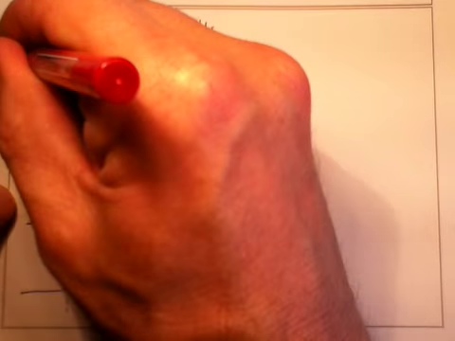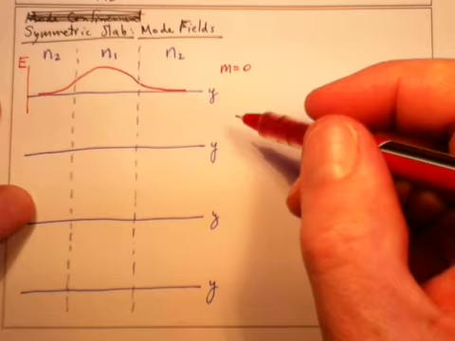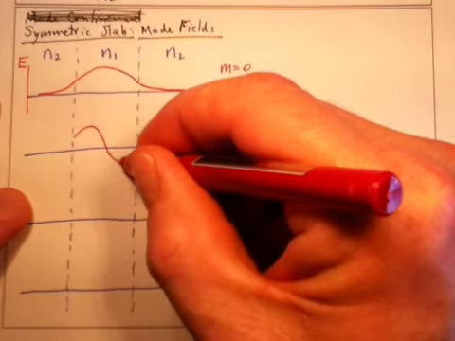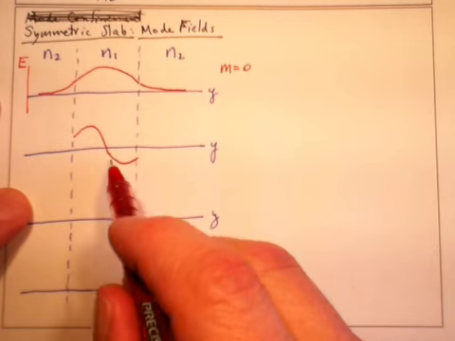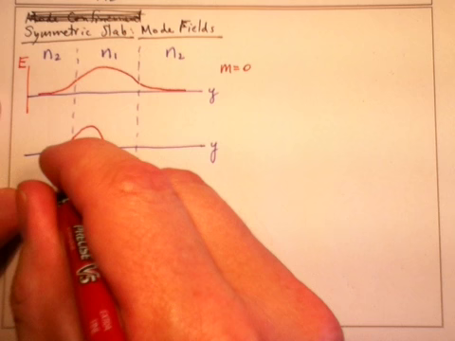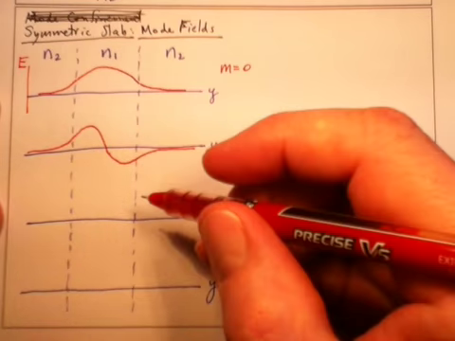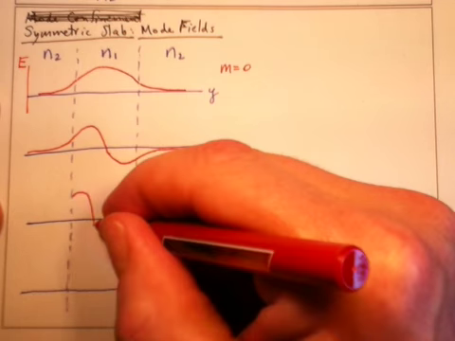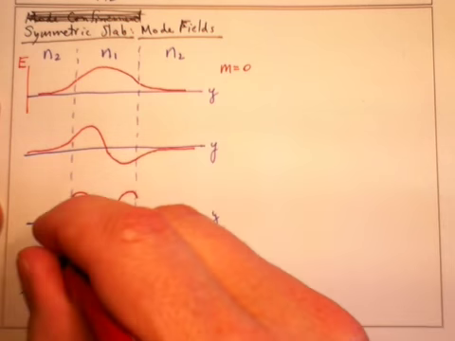The electric field could be either positive or negative, and what we're going to get then is another sinusoid inside the waveguide and more exponentials on the outside, and now another sinusoid inside, exponential on the outside,